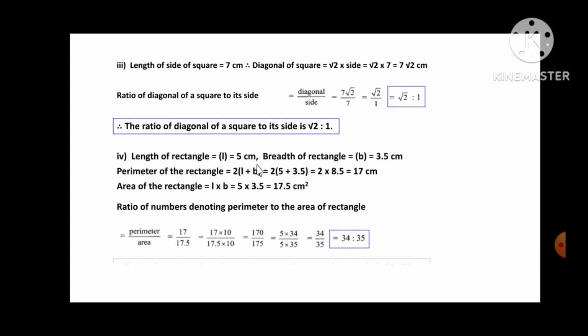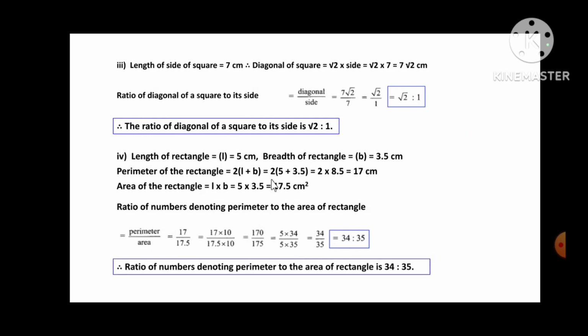Length of the rectangle is 5 cm, breadth of the rectangle is 3.5 cm. So perimeter of the rectangle is 2 into (L + B), so 2 into (5 + 3.5), that is 2 into 8.5, 17 cm. And the area of the rectangle is length into breadth, 5 into 3.5, which will be 17.5 cm². Ratio of numbers denoting perimeter to the area of the rectangle is perimeter upon area, 17 upon 17.5,